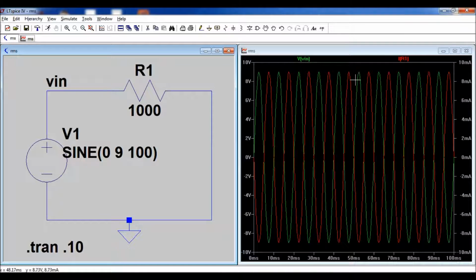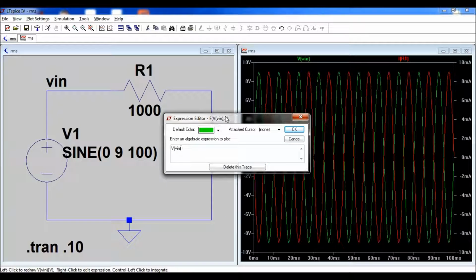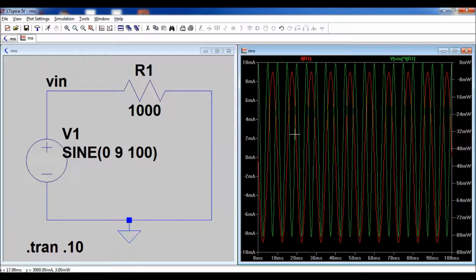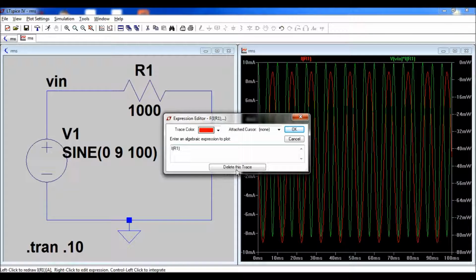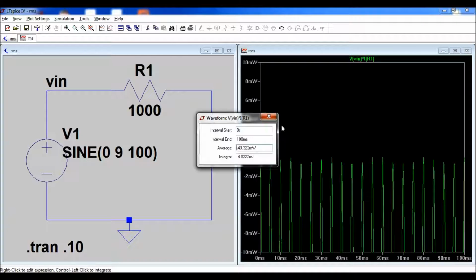So as I said, power is V into I. So if I multiply that, Control and right click pops up this window. The VIN option is already there, and I just need to multiply that with the current of the resistor. So that's the multiplication symbol with I times R1, that's the resistor. So that's the green one there. I'll delete the red one so that only the green one is visible. So if I do Control and click, I'm getting the average as 40.32,